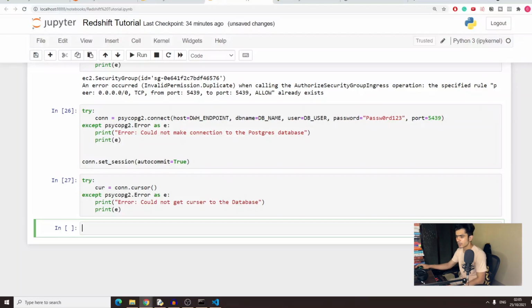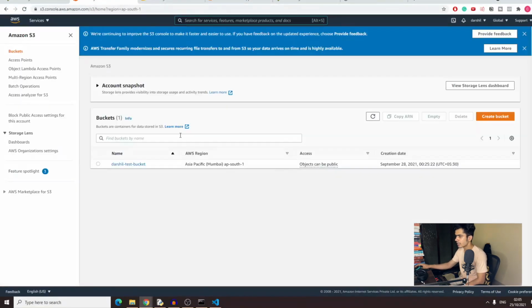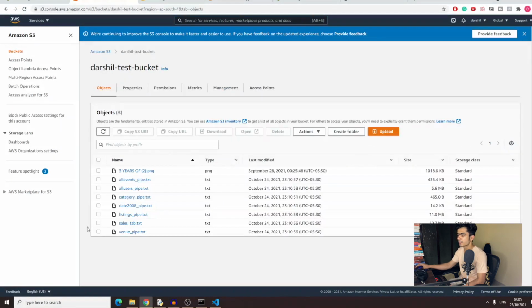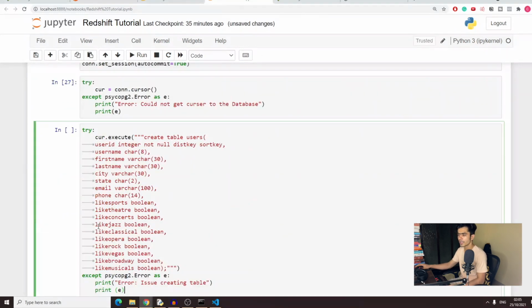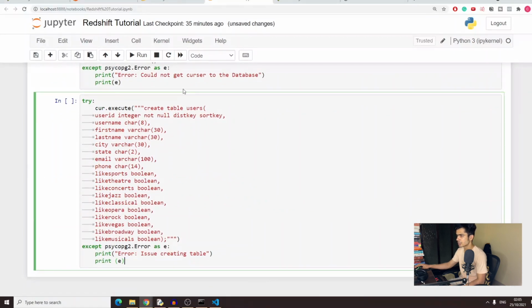Now, for the files which we created, I've already created the data model, because we already talked about how to create a data model in our fundamentals series. So I again recommend you watch that, and then continue with this. I've already created that, so I will just copy this query. I've written this, and this is the table structure of the user table.